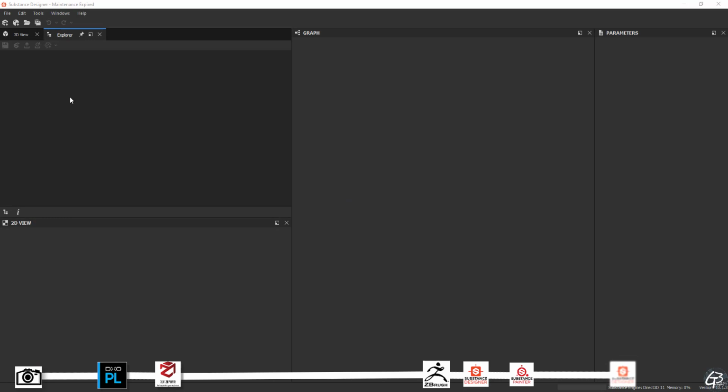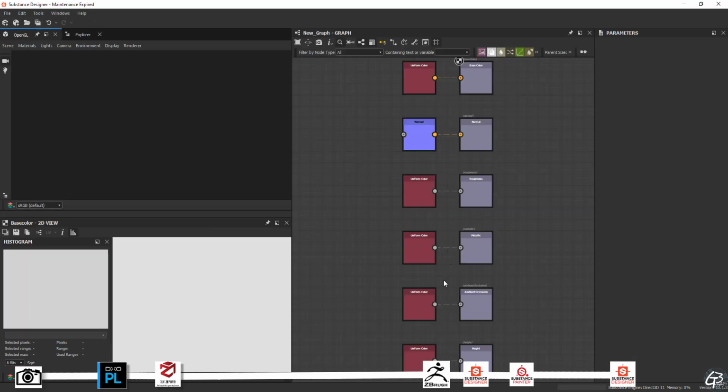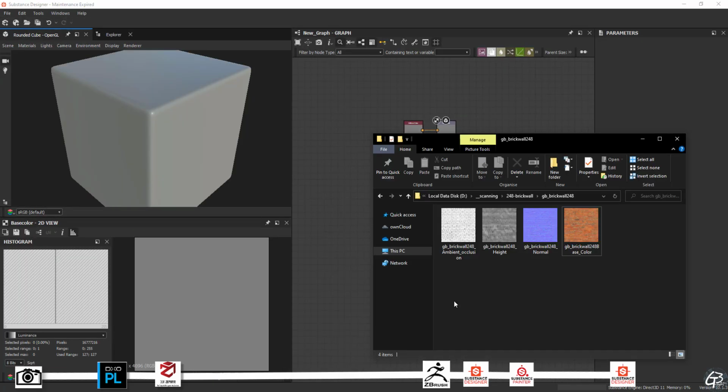The last thing left to do is to generate a roughness map and preview the final result. To do this, let's bring all textures to Substance Designer.